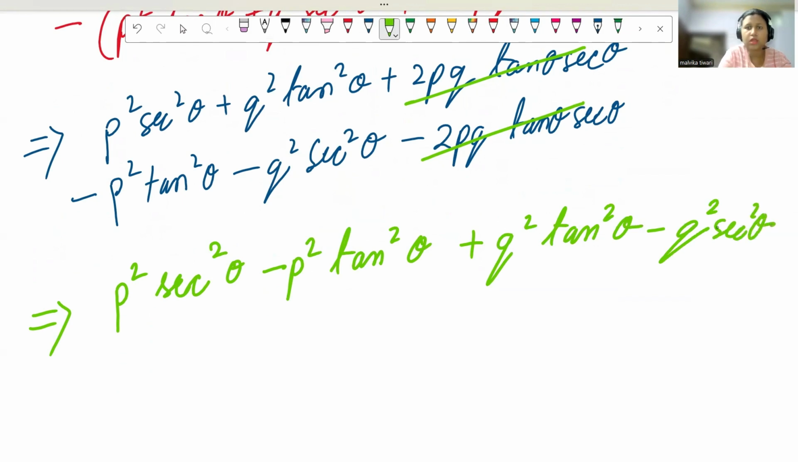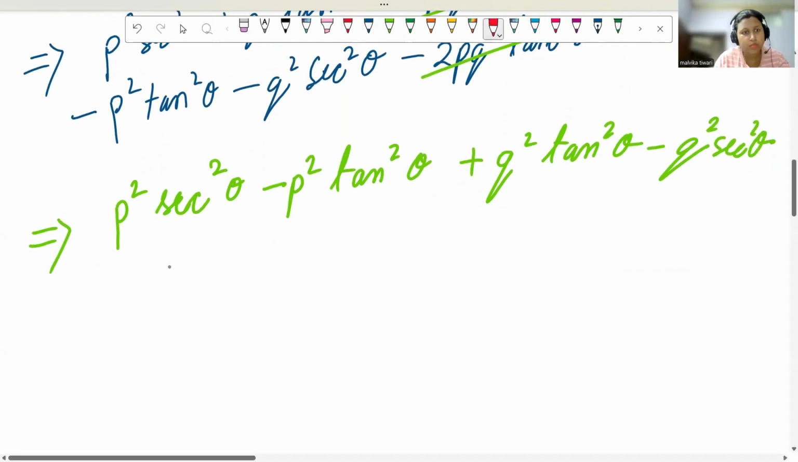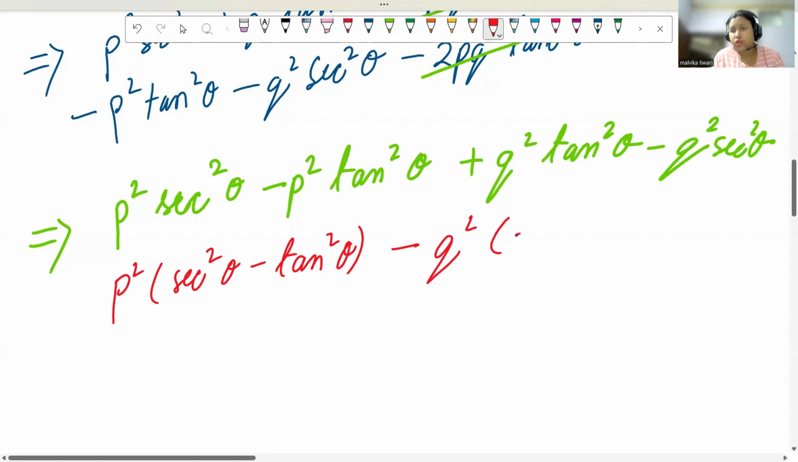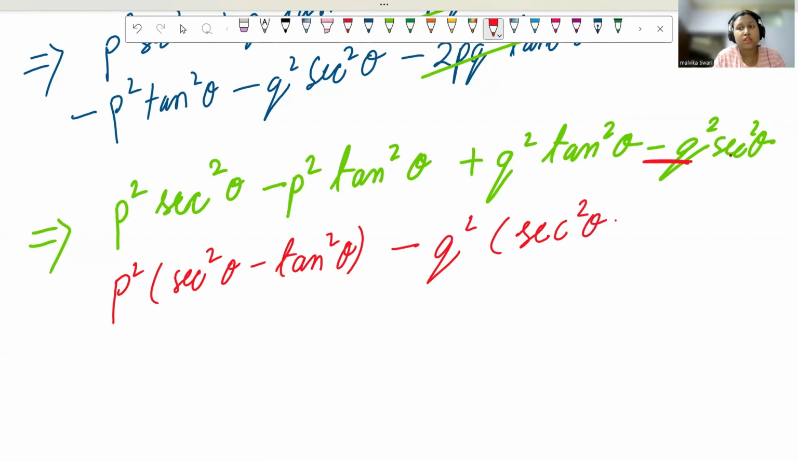sec square theta. Okay, now we can take p square common, sec square theta minus tan square theta, and we can take minus q square common, because if you take q square common, it is going to give you tan square theta minus sec square theta, which is basically minus 1. So do take the minus common beforehand. So this is going to be sec square theta, because I have taken the minus q square common, the sec square theta becomes positive, and the tan square theta becomes a negative